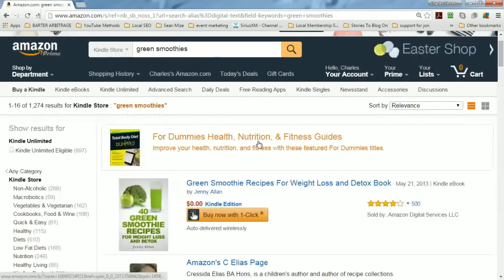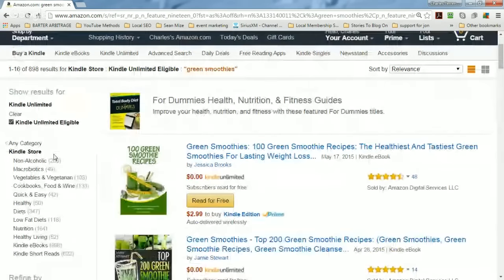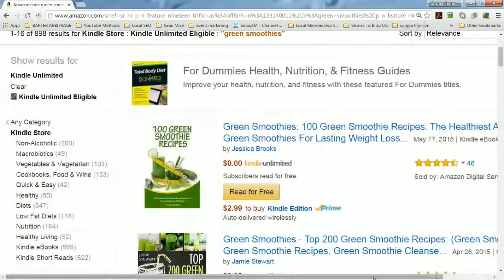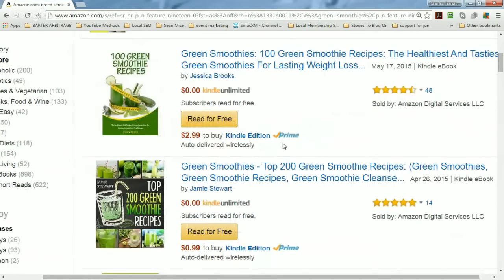So here's what I want to do. I'm going to go to Kindle Unlimited eligible. Now, why do I do that? The reason is simple. How many of you see that if you have Kindle Unlimited, how much does it cost to read that person's book? Does anybody see that there? Now, it's going to cost you $10 every month to have a subscription to Kindle Unlimited, but you are going to get the opportunity to read any of these books that you can stick on your Kindle.